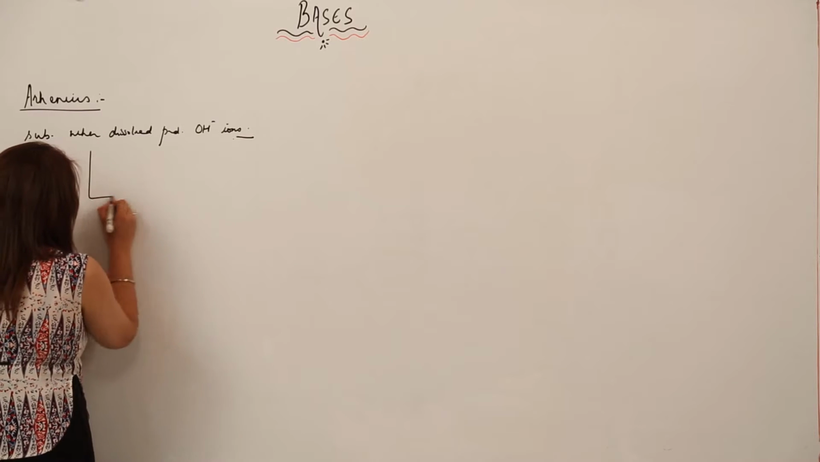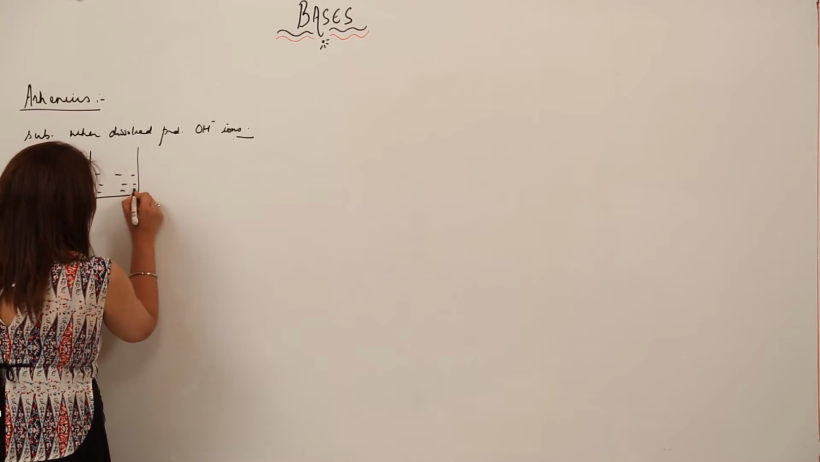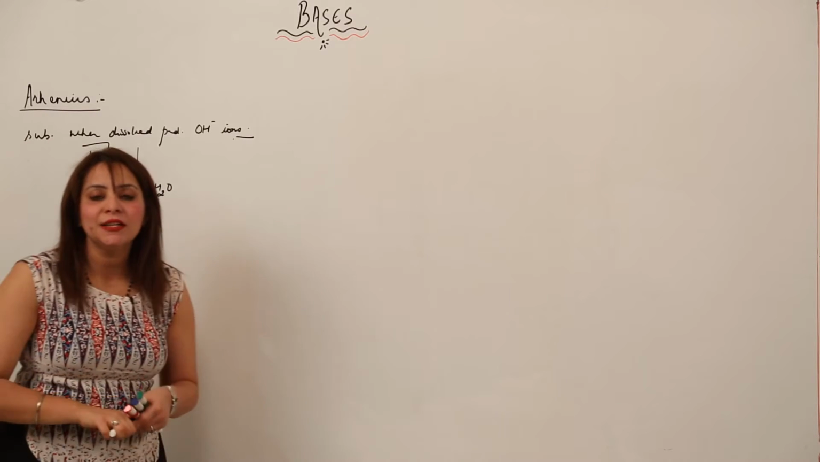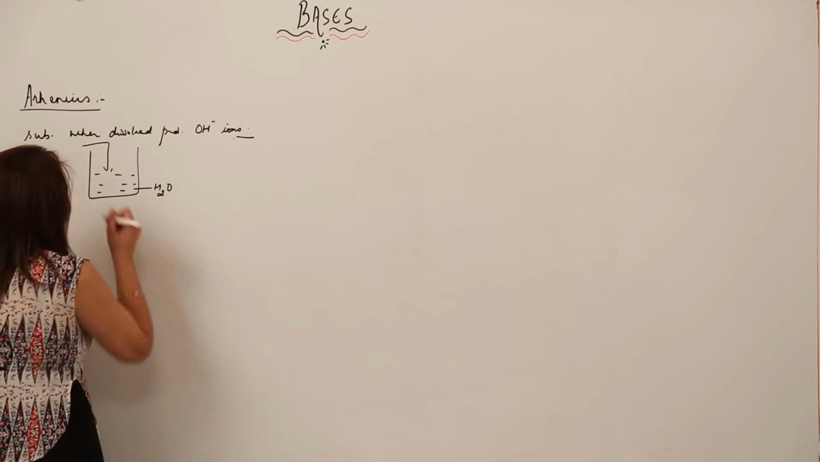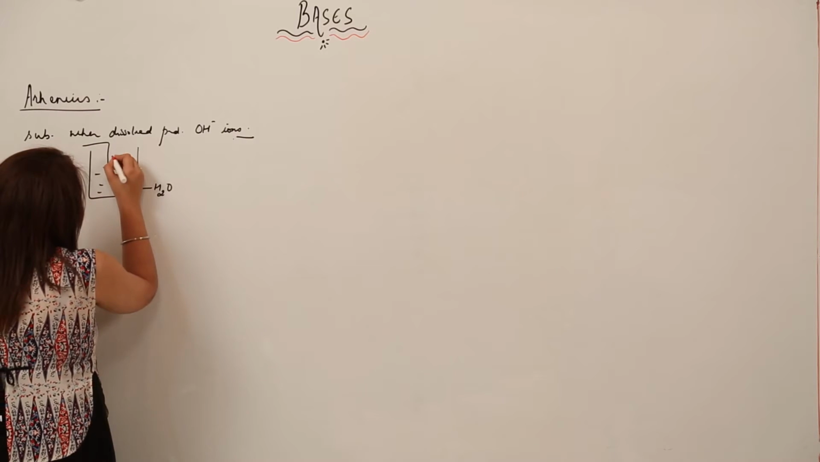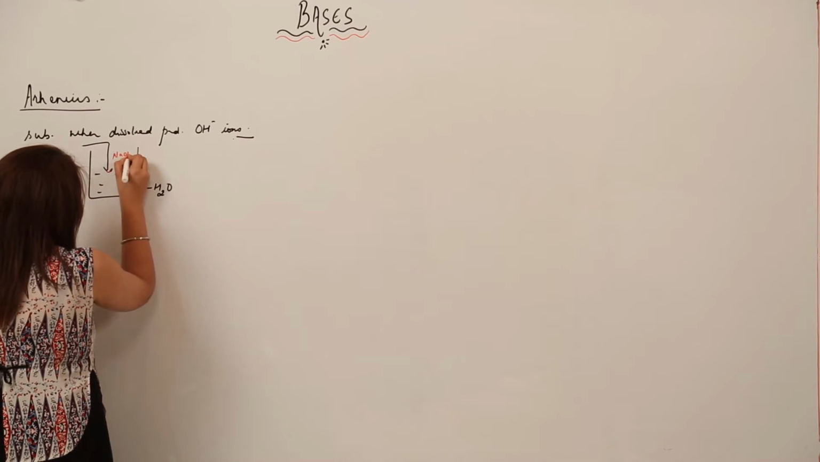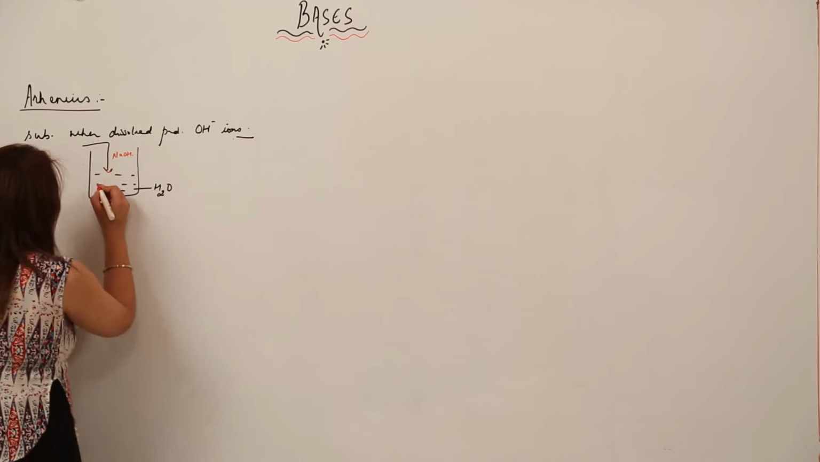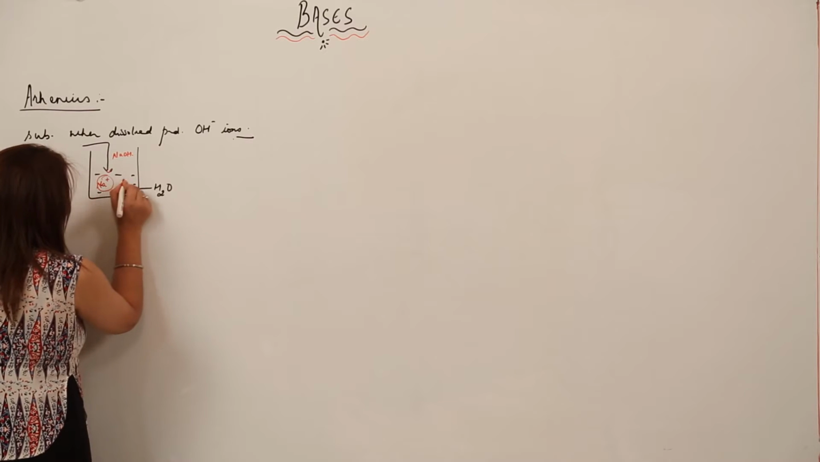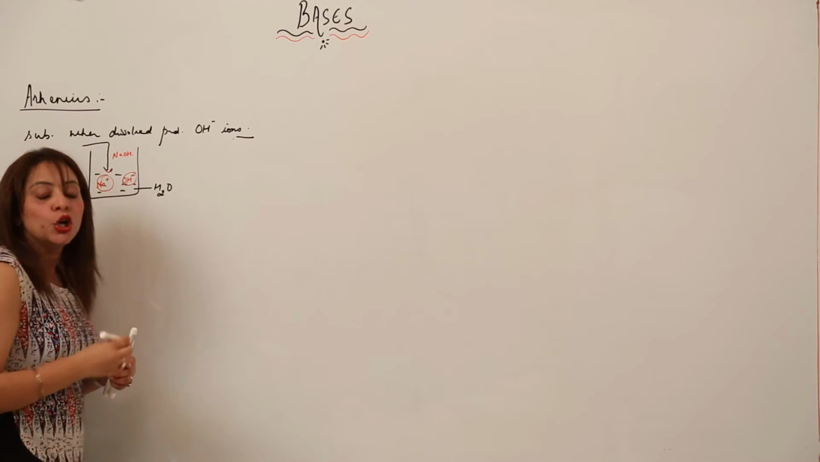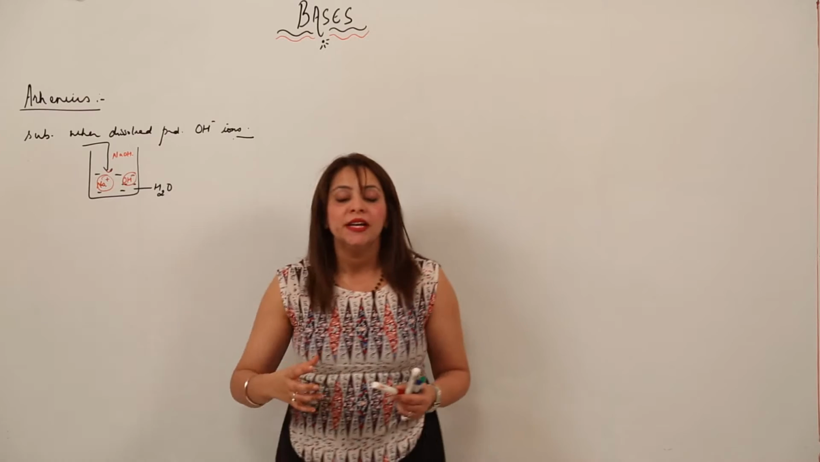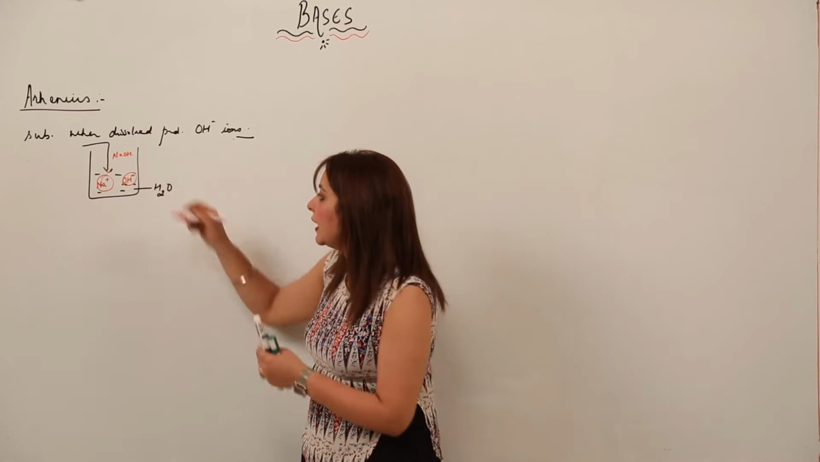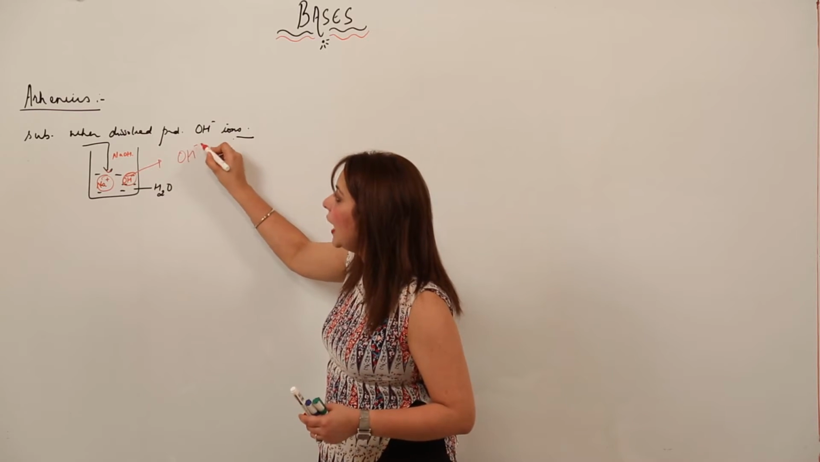Suppose I have a beaker in which I have water, right? I am adding a certain substance to water. Suppose I am adding sodium hydroxide to water. When we dissolve sodium hydroxide in water, what happens? It gets dissociated to form Na positive and OH negative. So, what does Arrhenius say actually? He says that any substance which, when dissolved in water, produces these hydroxide ions